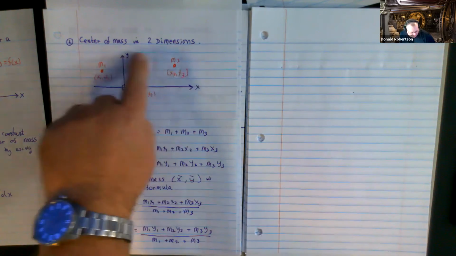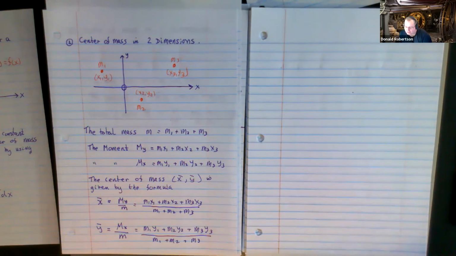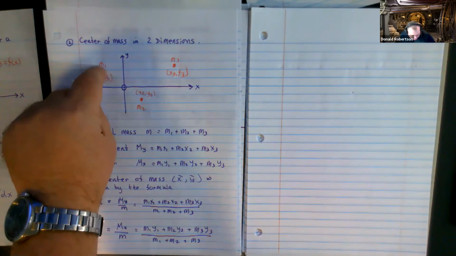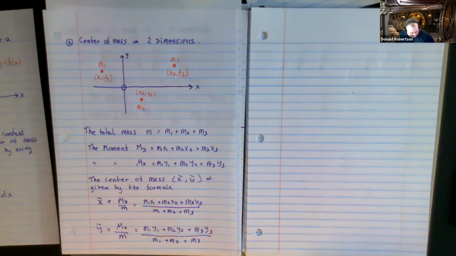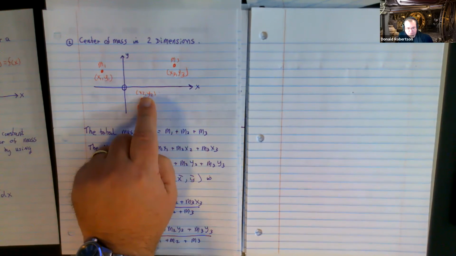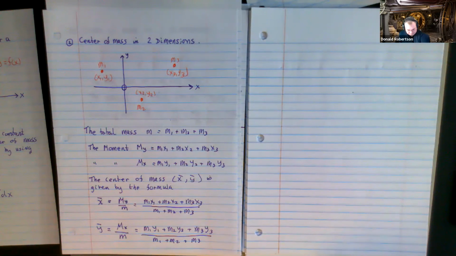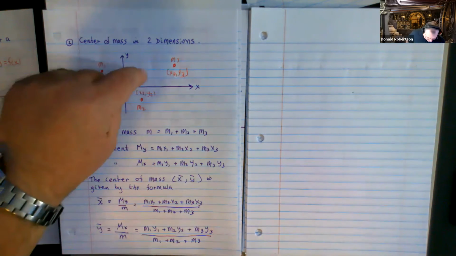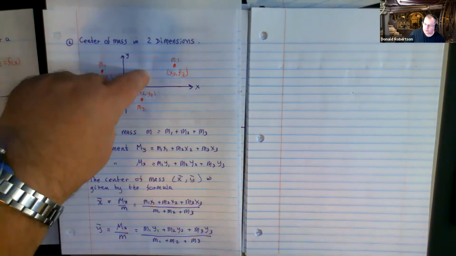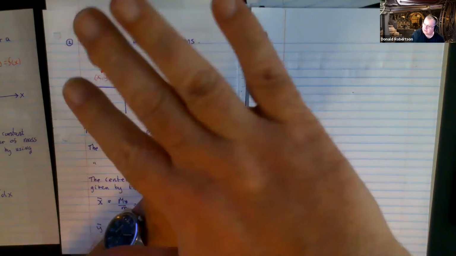I want you to imagine that this is essentially a flat piece of paper that's so thin it doesn't weigh anything. But at 3 locations, you have placed objects of mass M1, M2, and M3. And this guy has coordinates x1, y1. This guy has coordinates x2, y2. And this guy has coordinates x3, y3. And we are going to calculate what's called the center of mass. So at some point that I could place my finger on, the whole 3, you can imagine me doing it this way. Put my finger here, that would balance it, right?